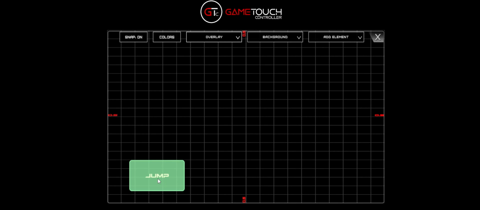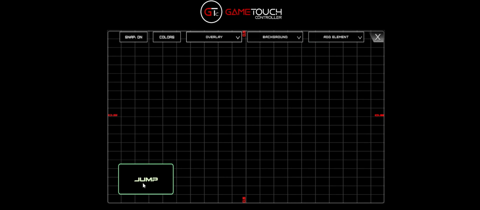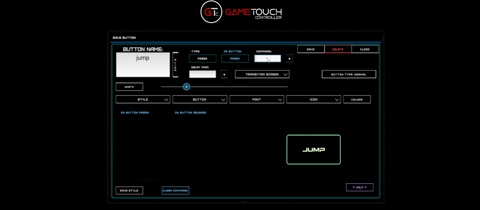If we want to edit it, when you click and hold and move, it'll allow you to move it. It won't go into the edit screen. If you just push it, it'll go back into the edit screen, and we can see we have our on button release, press space. If we made a mistake, we can hit clear command and empty that, but we want that back. If we don't save it, close, and you'll see it's still there. Now if we clear the command and save it, you'll see that that command's gone. We'll put it back in for now. Yep, press on release, add that, save,